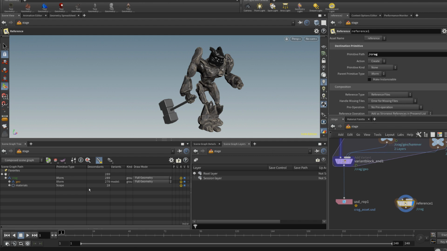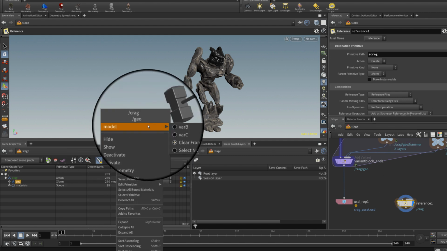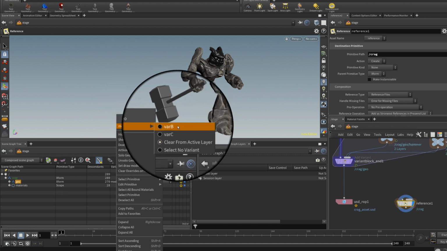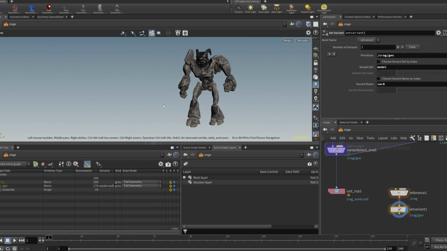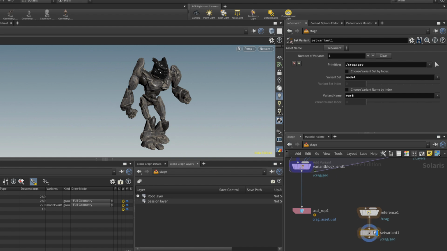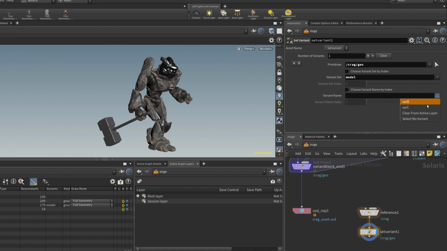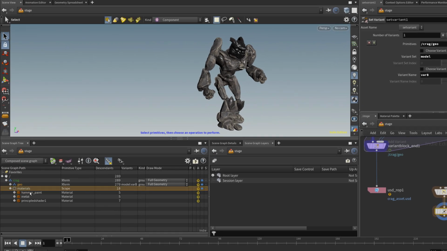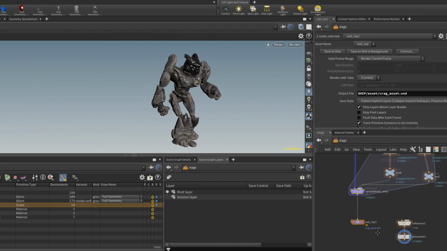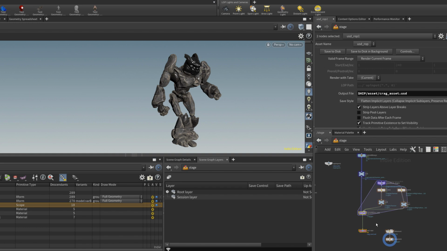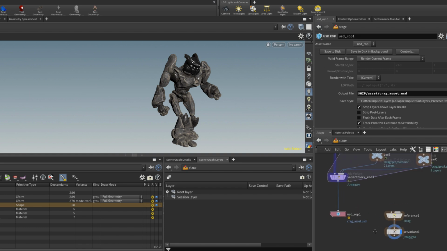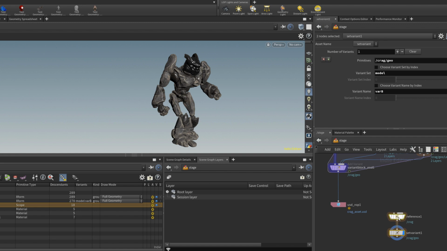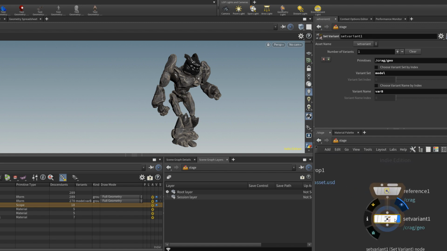If we try to actually change the model variant, it should technically work. It's automatically adding this set variant, so that's great. And it seems like everything's exported properly. We also have the materials that come with it. So that's great. This step right here would correspond to publishing an asset, and in a brand new scene, maybe layout would pick up this guy and place it in the shot.